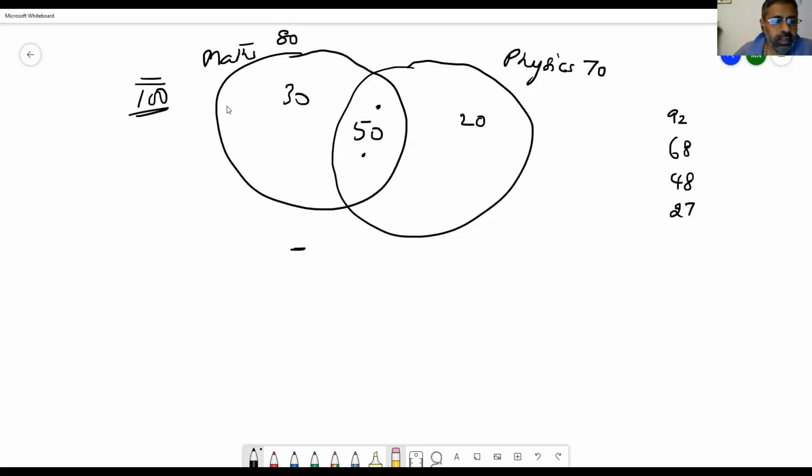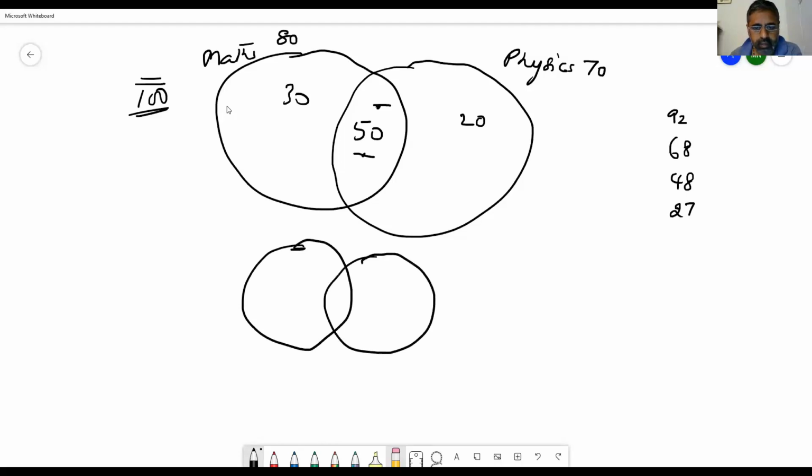This 50 is only when all the 100 people choose something, right? So how do you find that out? With 1 or 2 sets we will be able to do that, but then it becomes 3, 4, and 5, which was there in one of those mocks, and then it becomes very complex. So we'll have to solve it mathematically. Here it is easy. Suppose I'll tell you what is the maximum possible. So what do you do here? You have 70 physics here, and you have maths 80 here, right? So what is the maximum number of people that can come here?